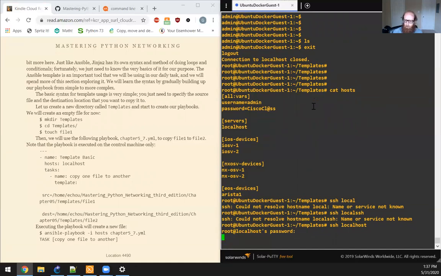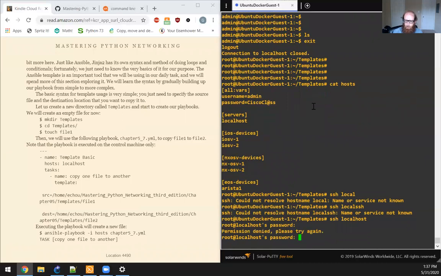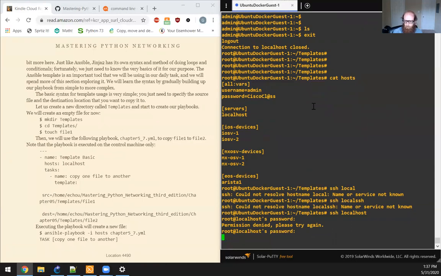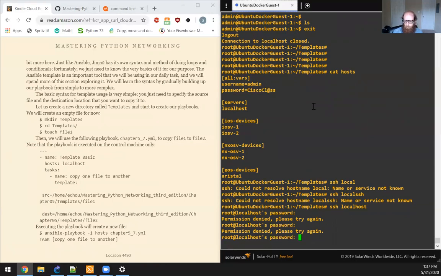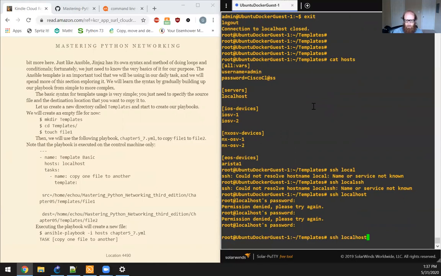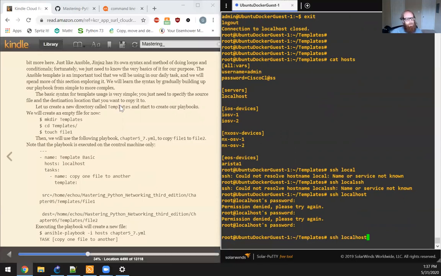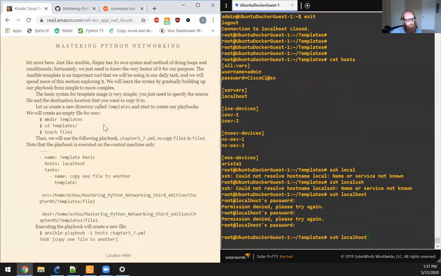And the other thing I'm confused about is why can't I just use the hosts file? Oh, so I'm trying to log in as root, but I say to log in as admin, so